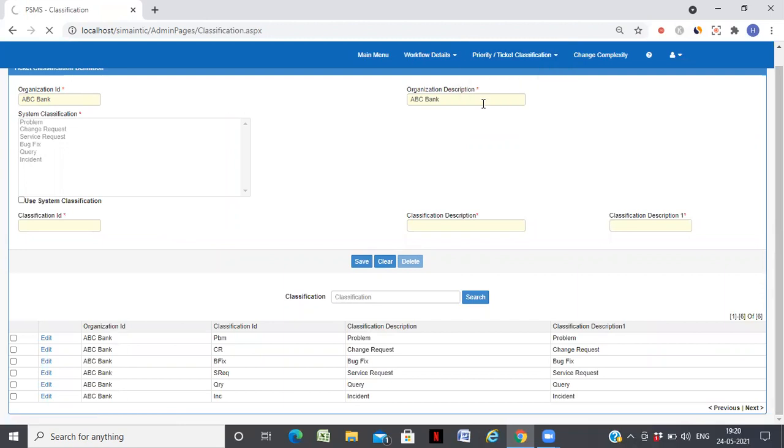And I also have a feature for mapping my classification and severity to what workflow has to be adopted.